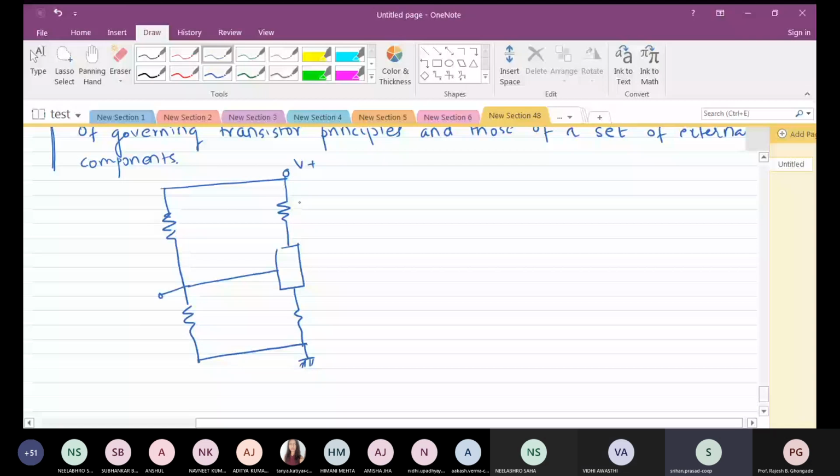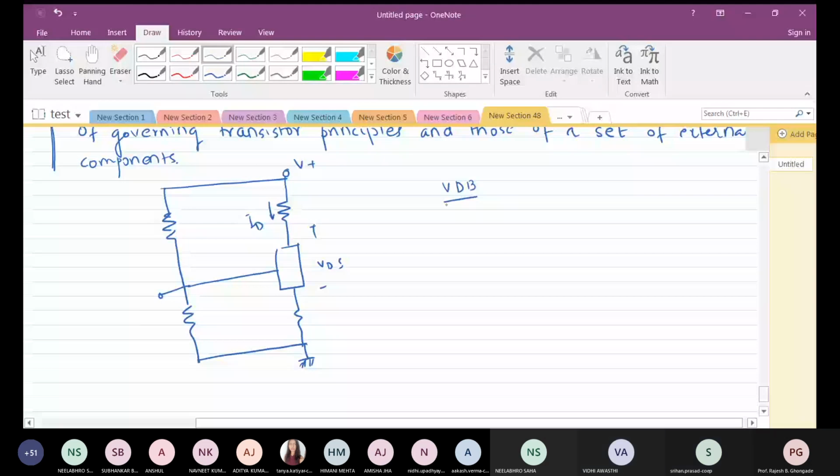Your VDS. In this case, this is called the negotiated biasing. So whatever we have seen for BJT also, when it was voltage divider bias, it comes under the class of negotiated biasing.